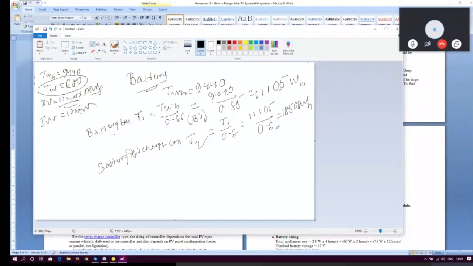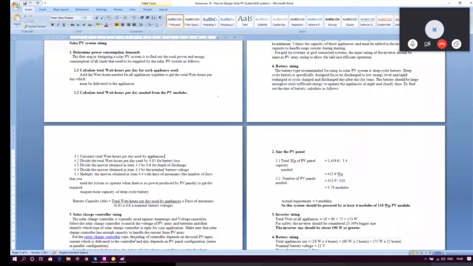So the exact battery sizing, from where we need to convert watt hour to amperage, would be 18508. This is for a day. Please remember, this watt hour is for a single day only. Now we need to understand what backup we are asking for. Are we asking for 2-3 days of backup, or multiple backup, or is one day enough for us, even if the second day is cloudy, we won't need that.